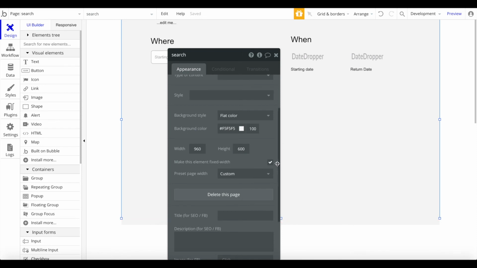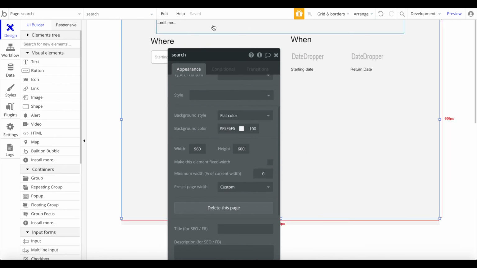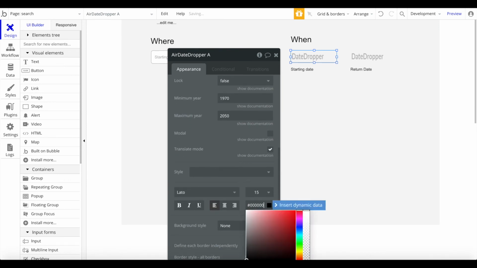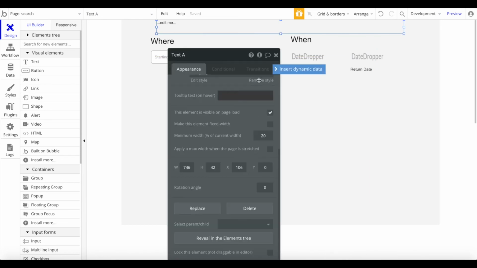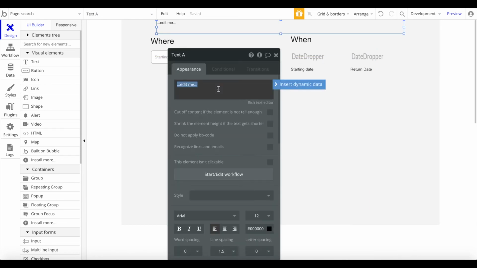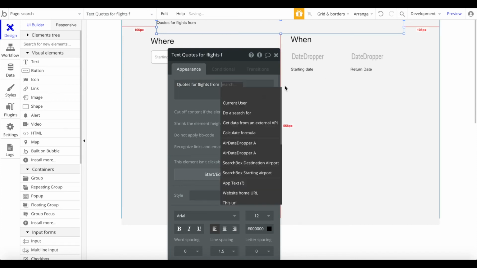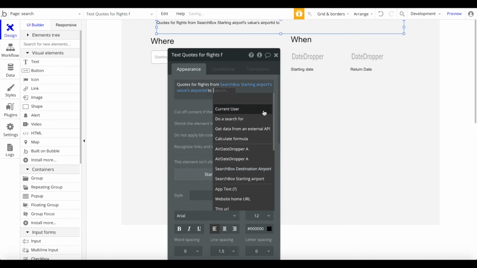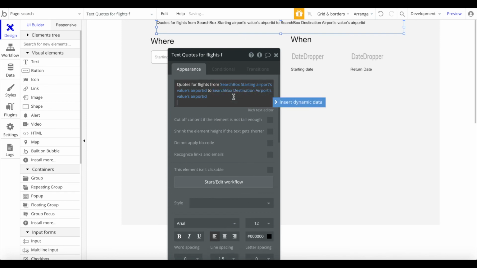First of all, I want to remove the fixed width here. We don't need that. I also want to change the font color to black, for this date dropper as well. Okay, and let's add a text here at the top, and let's call this "Quotes for flights from", and again we're going to say search box starting airport's value, airport ID, to search box destination airport's value, airport ID,